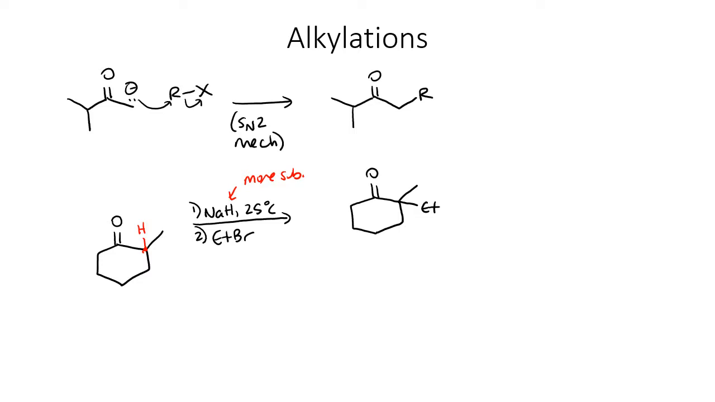So we will end up with a product that looks like this. If we were to take the same reactant and treat it with LDA at minus 78 degrees Celsius, followed by again the ethyl bromide,